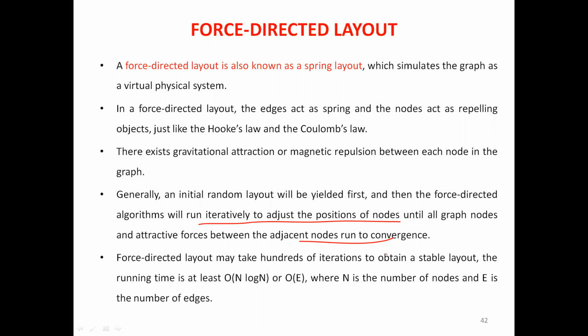So through attraction, the node gets to a particular position in a plane. That's what it means. It works iteratively, happening for each and every node. Iteratively means it depends upon the number of nodes. If you have 1000 nodes, 1000 times 1000 iterations will happen. That's what this means.